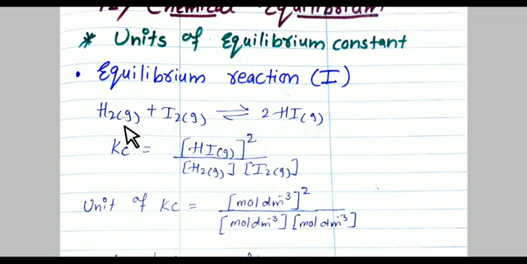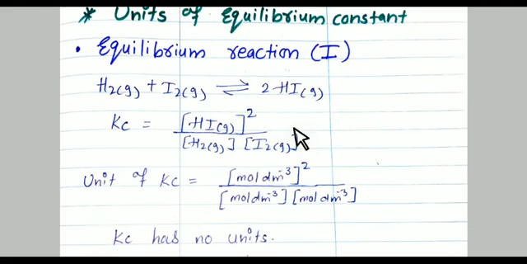We are taking an example of hydrogen gas and iodine gas, which give hydrogen iodide or hydroiodic acid in the quantity of 2. Now, according to the formula of equilibrium constant Kc, it is the concentration of product upon the concentration of reactant. So here the product is HI gas having the coefficient 2, so concentration of HI raised to 2, then concentration of H2 and concentration of I2.